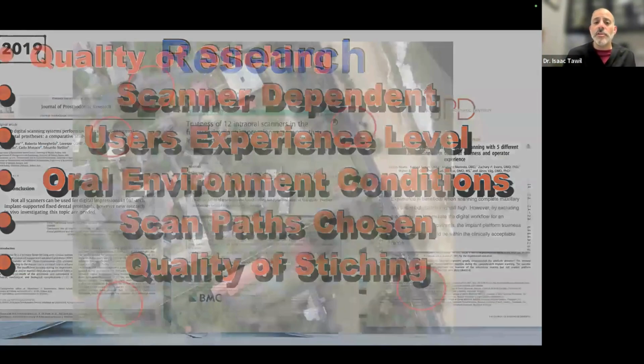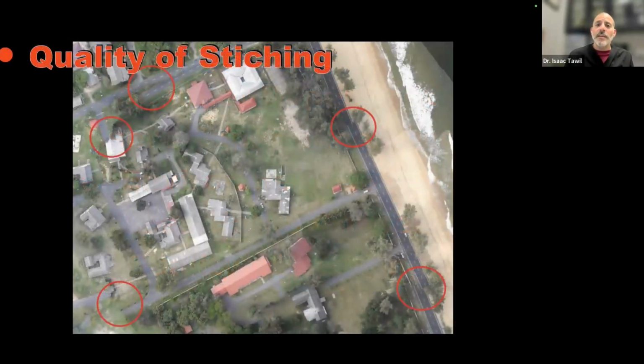So if we think about this logically, something that we all do every day, we may use Google Maps or Apple Maps, and you may look at the satellite view. And this is Google Maps, which has very, very high technology. But look at the circled areas. These areas are deviating. They did not line up and stitch correctly. So it took a picture here, it took a picture there, and it didn't match up.